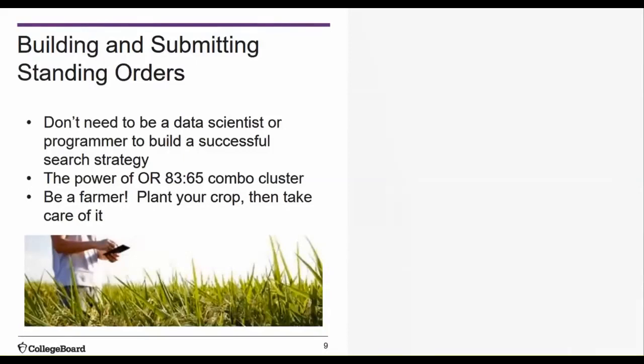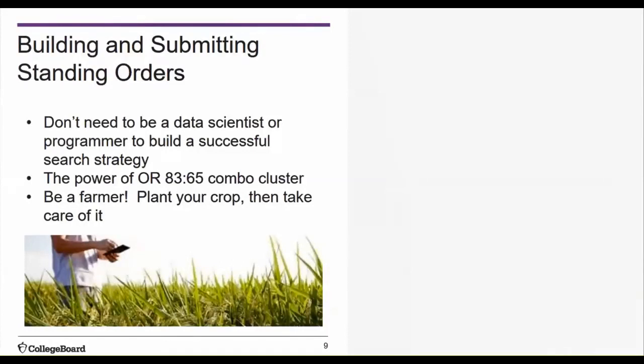Looking back on it, I laugh at myself because I didn't even know how to format the file with leading zeros. Carolyn and the College Board were invaluable at this time to help me gain the skill set needed to ensure data integrity to make segment analysis work. Main takeaway here is you do not need a background in IT, data science, or programming to build a solid search strategy using segment analysis.